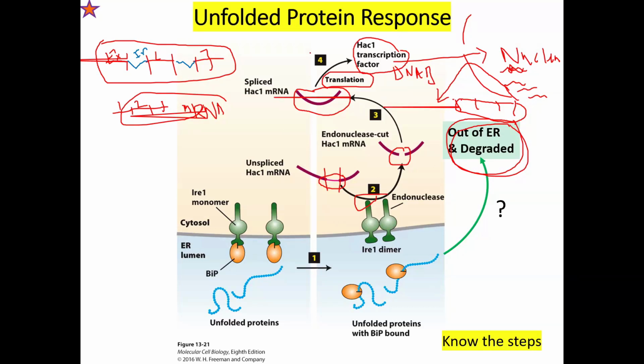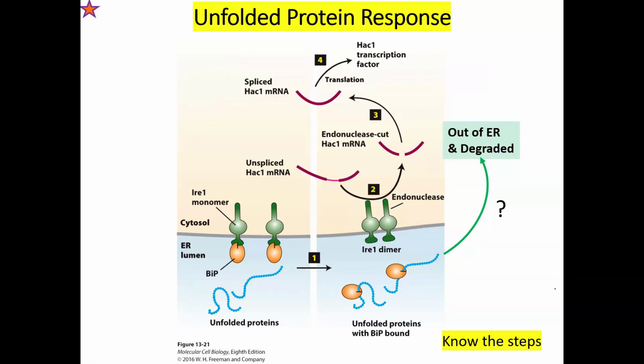So just make sure that you get that the HAC1 transcription factor is just the tip of the iceberg. It is essentially the signal to make a number of DNA sequences transcribed into other mRNAs that will be translated into the degradation machinery proteins. So that's the entire story. So just make sure that you spend a good amount of time knowing this slide and know the steps for this for sure. All right, so